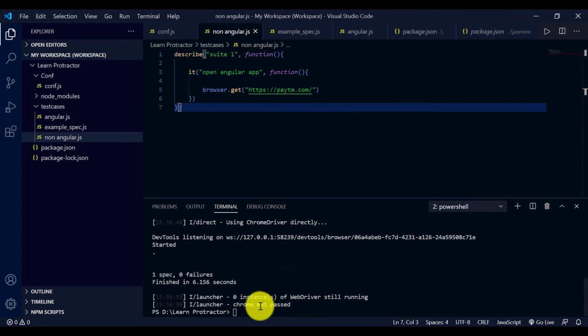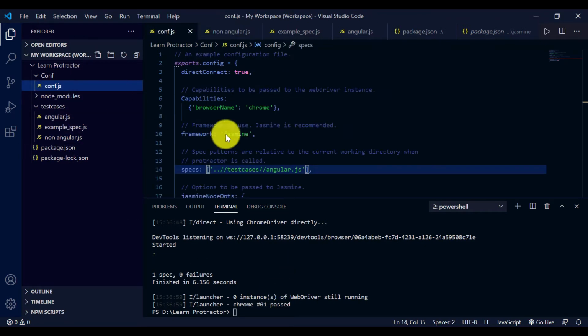Let us run this now. Make sure to change the file name here to non-angular.js. Save it and with the help of npm test, press enter.